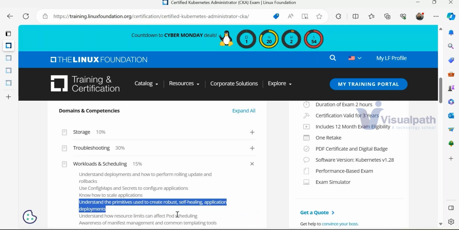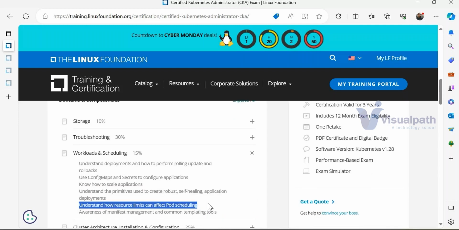Understand how resource limits can affect pod scaling. Right? When I say resources, what do I mean? CPU and memory, right? I can even give a dedicated resource to my application so that it should not fail. Normally, a critical big Hadoop application or database application always asks for minimum requirements: my application needs 4 CPU and 16 GB RAM. What will you do if those resources are not available? The application will never be installed, because those resources were never given to Kubernetes or to your application. Kubernetes won't be able to start your application because those resources are not defined anywhere. Kubernetes doesn't know what is needed.